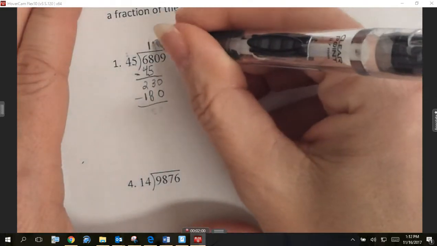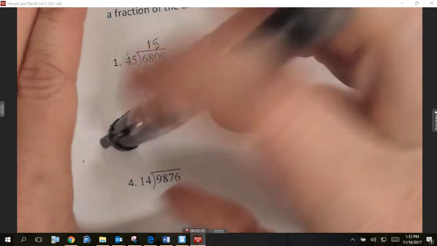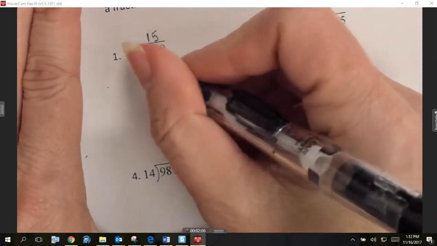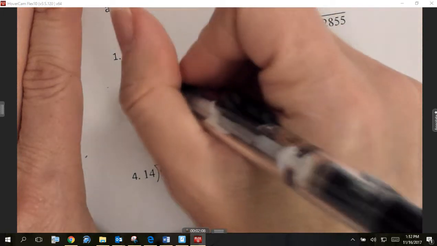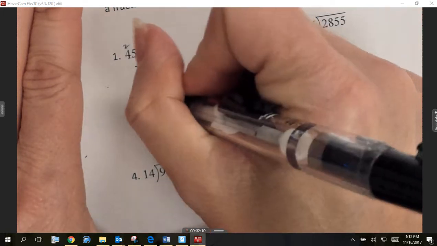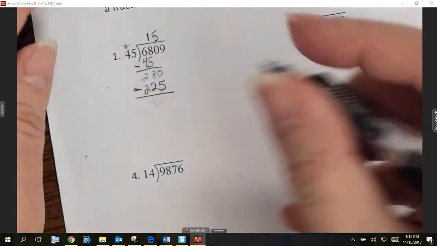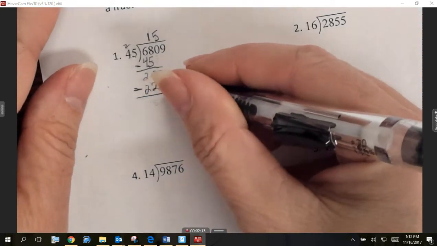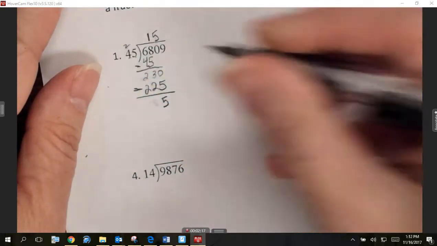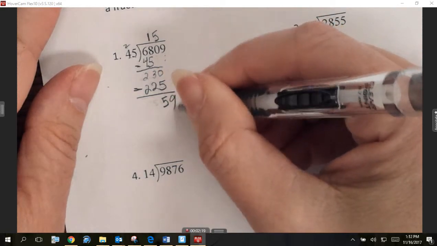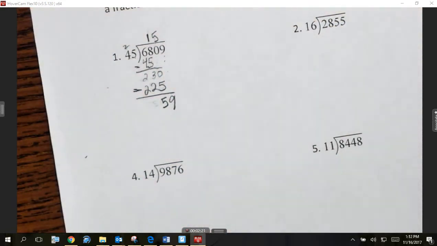Whoops. I'll fix it now. It's 5. 5 times 5 is 25. 5 times, carry the 2, 5 times 2 is 20 plus a 2, that's 22. And then we subtract. So I've got 30 minus 25, 5. And then bring it on down and bring it on down, 59. Then we